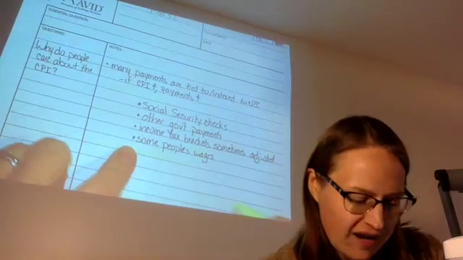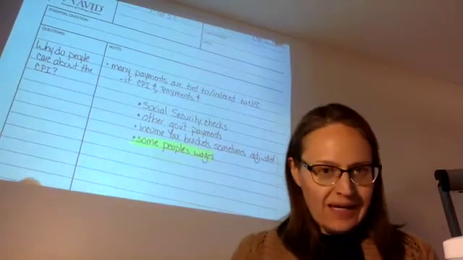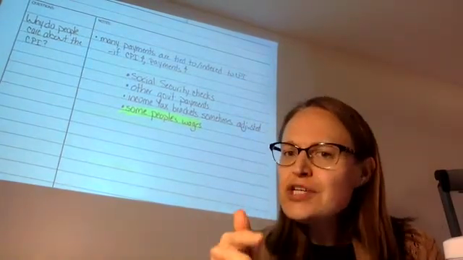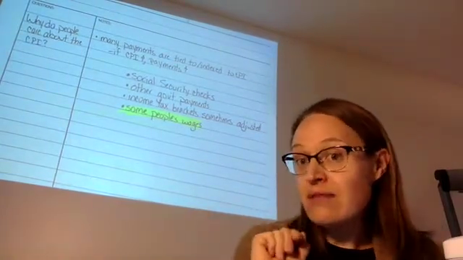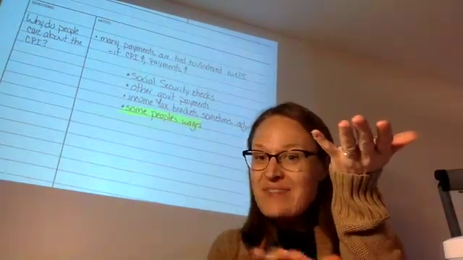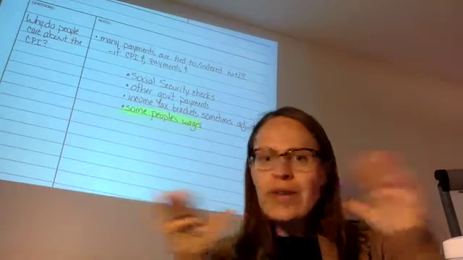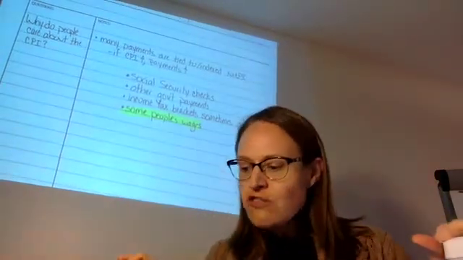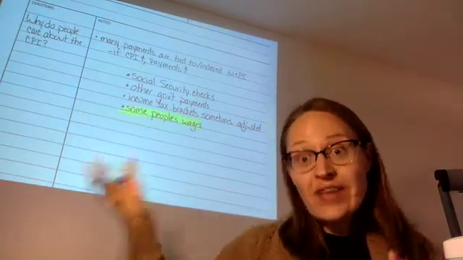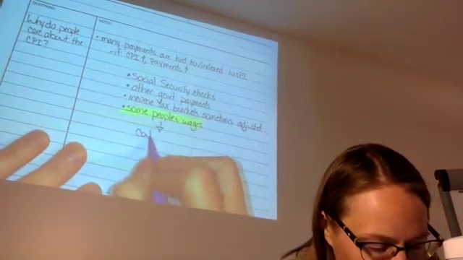But what we really get excited about are wages. Some people's wages are tied to the CPI, meaning that people can go up to their bosses and say, hey, inflation happened at 3%, I deserve a 3% raise. Remember, if inflation happens at 3%, but your wages or your income stay the same, it's like you now have less money. You can buy less stuff with your money, and boo, we don't like that. That's definitely a sad face. So wages can be tied to the CPI and they can go up when inflation happens, when the CPI goes up. And those are called a COLA,